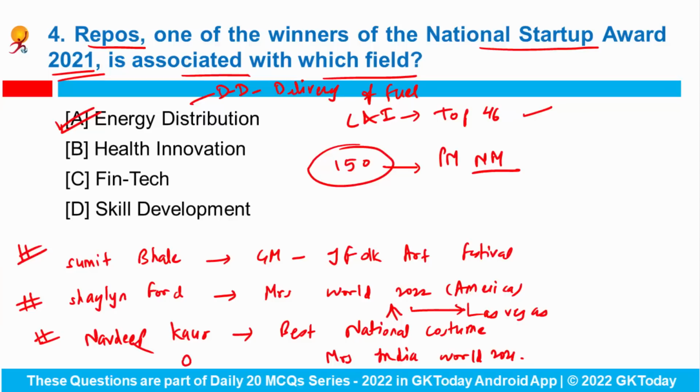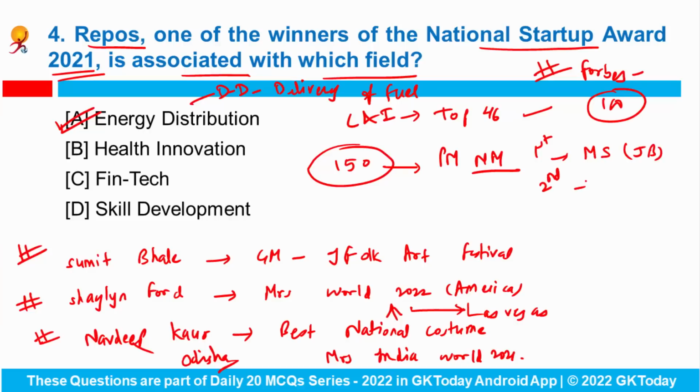She belonged to Odisha. Now apart from all these things, last month we have seen that Forbes has released the rankings of the 100 most powerful women of the world, and the first position was occupied by Mackenzie Scott, who is the former wife of Jeff Bezos. Then second position was occupied by Vice President of USA, Kamala Harris, and third was Head of the European Central Bank, Christine Lagarde. Do remember that India's Finance Minister, Nirmala Sitharaman, was ranked at 37th position.